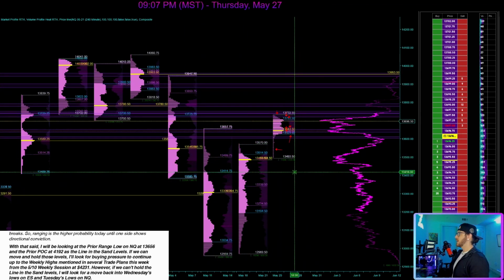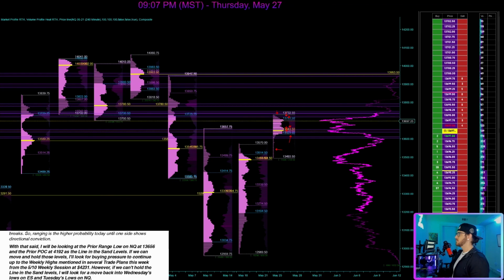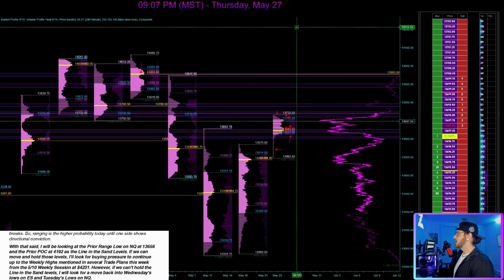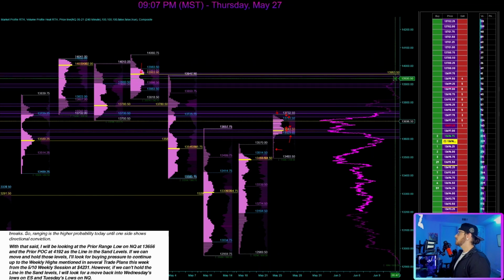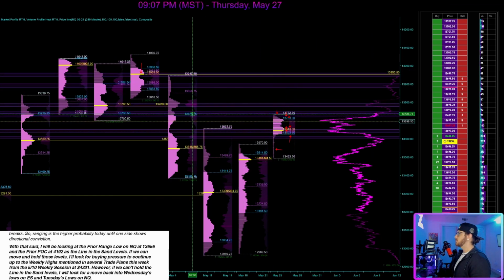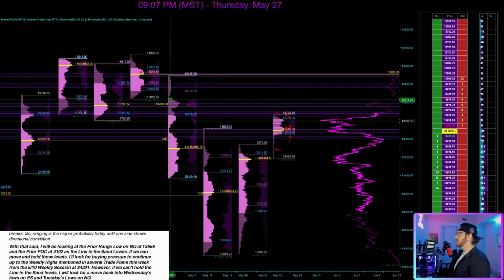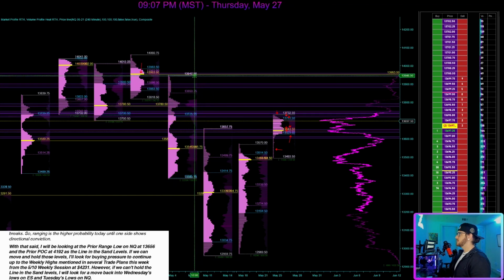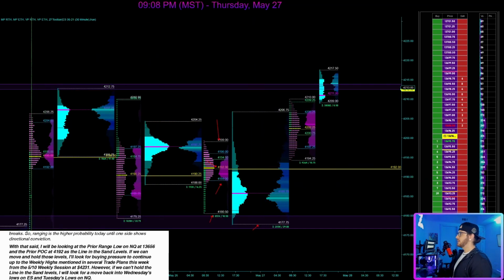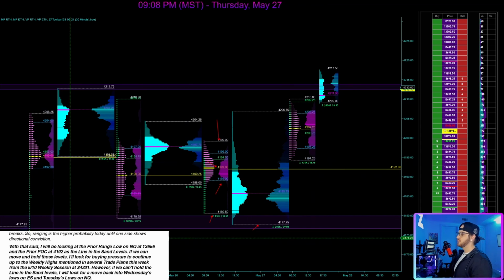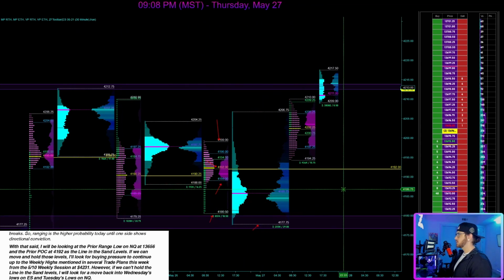So with that said, we don't have a lot of volume towards the end of this week comparatively to what we're used to. So I would say it's less likely that we do get continuation up into this level by the end of this week. With that said, we do have this naked POC from the weekly chart on NQ from the week of April 26th, lurking at 13.953. So if we do move and hold above this level, I'm looking at a move above 780, 13.818, and then into this 13.950-ish level. On the downside, my thought was if we could not hold the POC, that we were looking to move into the lows from earlier in this week.